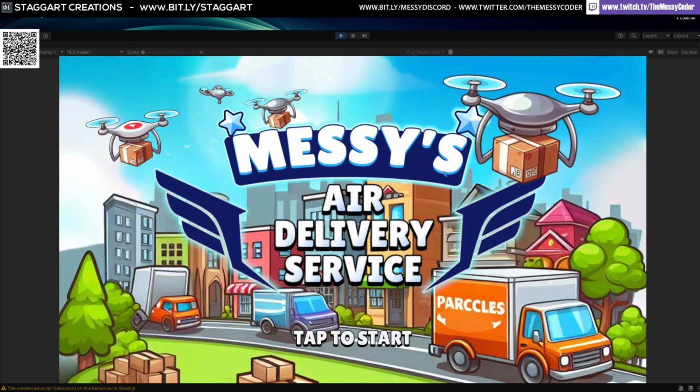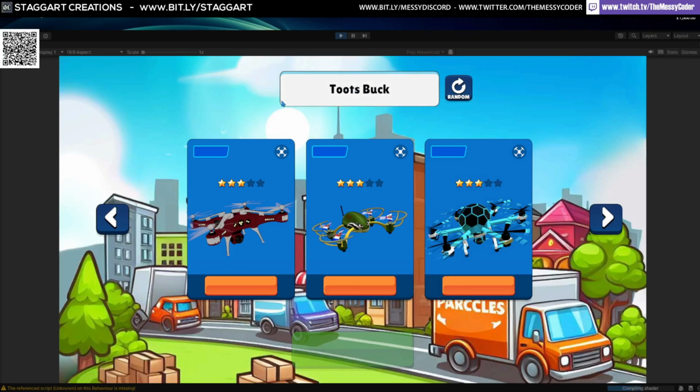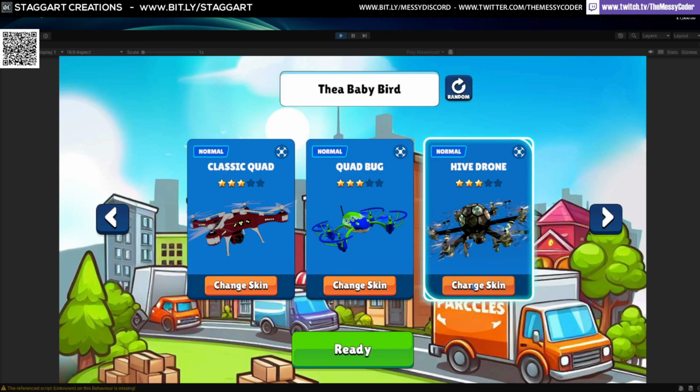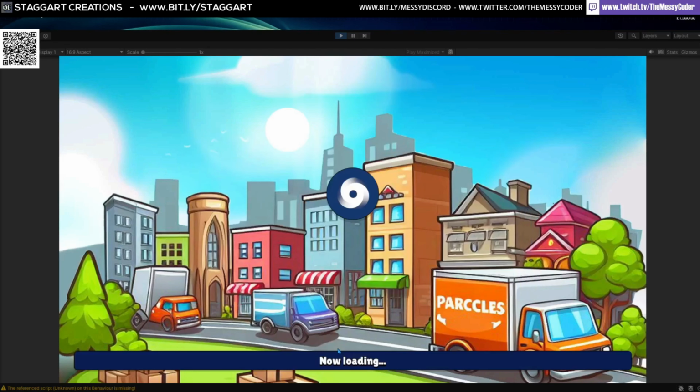Here we go. Messi's Air Delivery Service. Okay. Oh look, it's actually okay. So far this is working. All right. I'm going to randomly change my name to the Baby Bird. Clear Baby Bird. No errors so far. I'm going to go with this drone.